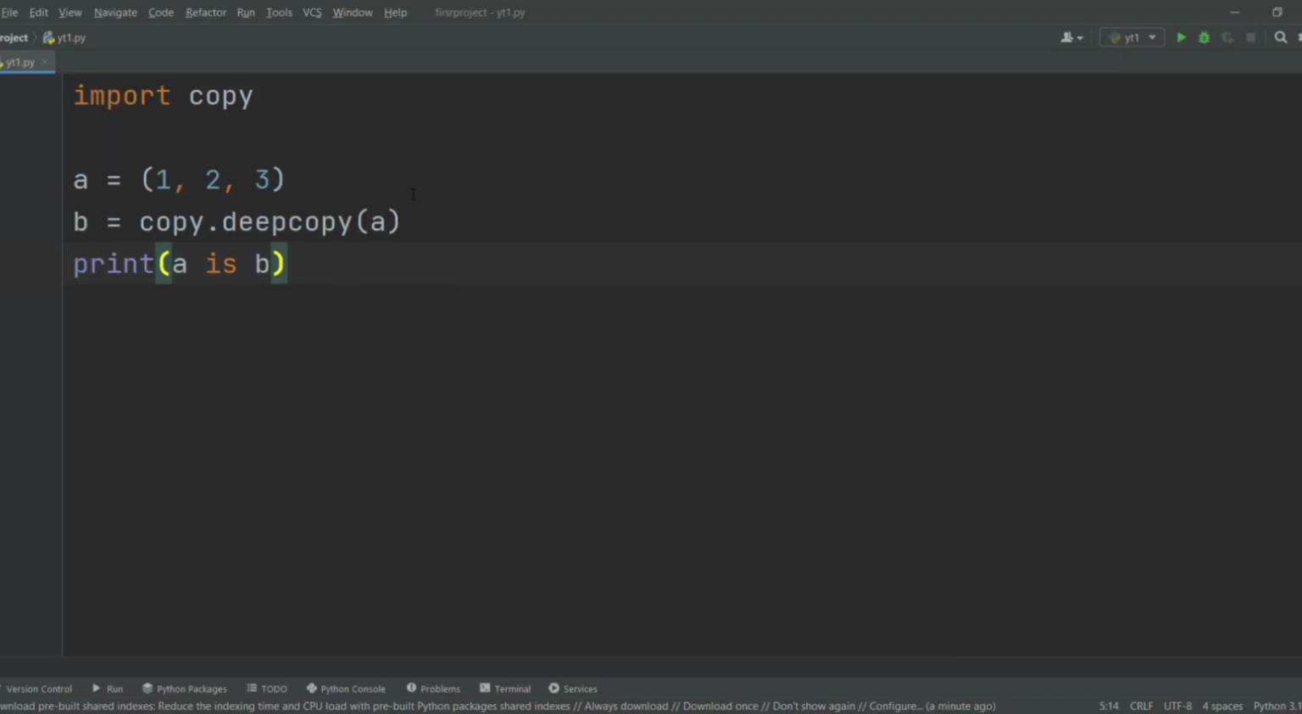Well, here's a simple Python code, and can you find the correct output of this code? This code just looks simple, but it is actually very difficult to find the correct output. So first of all, here as you can see, we are using the copy module, and here we have a